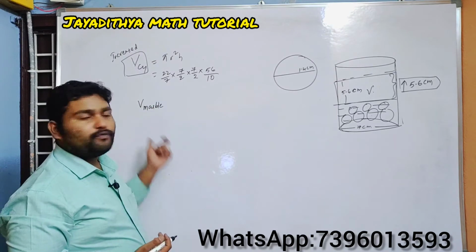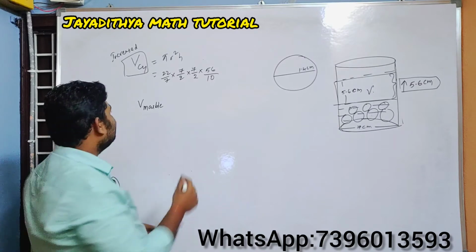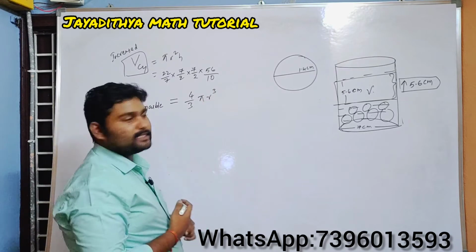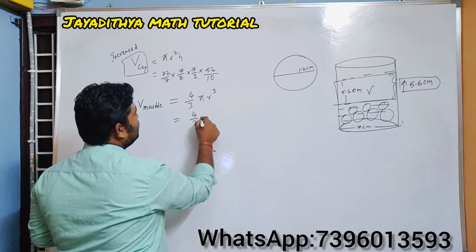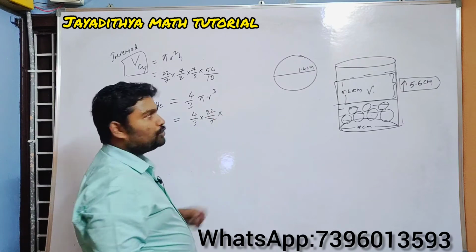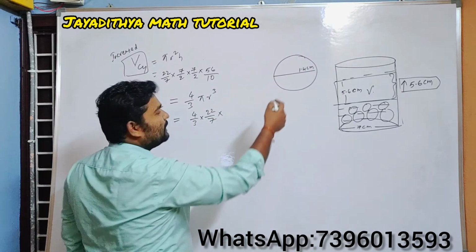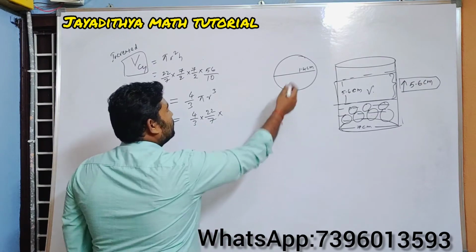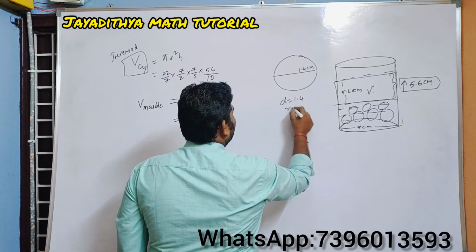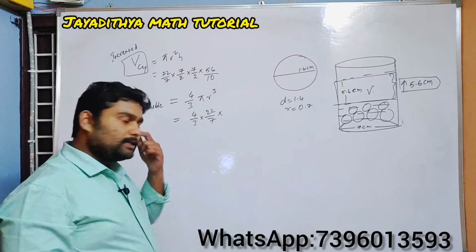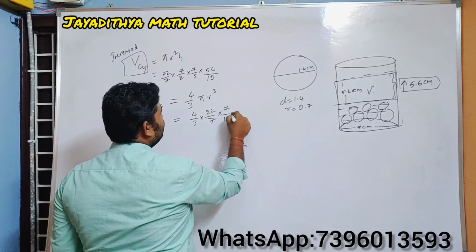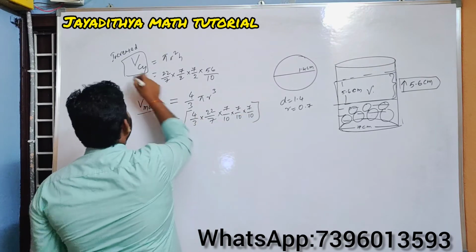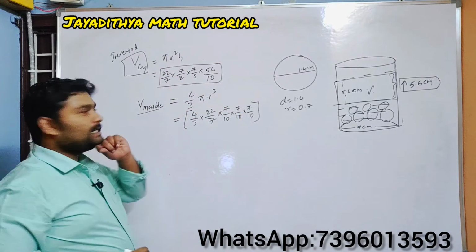So first of all, let us find the volume of the marble. Marble is in the form of a sphere here. So what is the volume of a sphere? That will be equal to 4/3 pi r cube. This is 4/3 into 22/7 into r cube. Here he has given the diameter. It is 1.4, so I can write it as 14/10. Here the diameter is given as 1.4, so our radius will be 0.7. Radius will be 0.7, which I will write as 7/10 into 7/10 into 7/10. So this is the volume of a marble. And that is the volume of the cylinder.